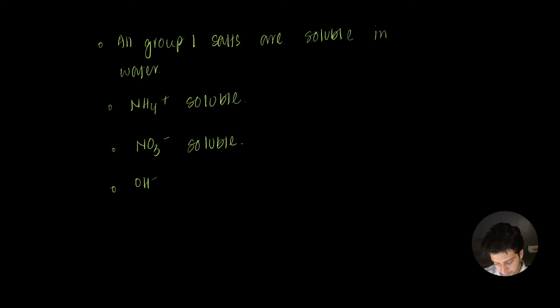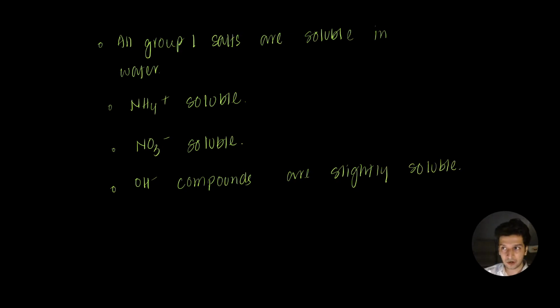OH compounds are slightly soluble. ठीक है. Maybe they are, maybe they aren't, or maybe they're partially soluble. One really good comparison you can make is between sodium hydroxide and, let's say, calcium hydroxide. ठीक है. Which of the two do you think is soluble, and which do you think is insoluble or slightly soluble? Sodium hydroxide, you should say with a good amount of confidence, is soluble for more than one